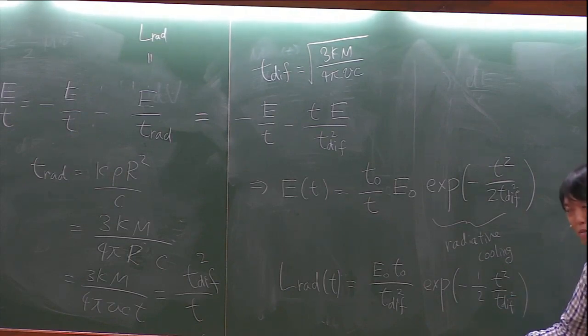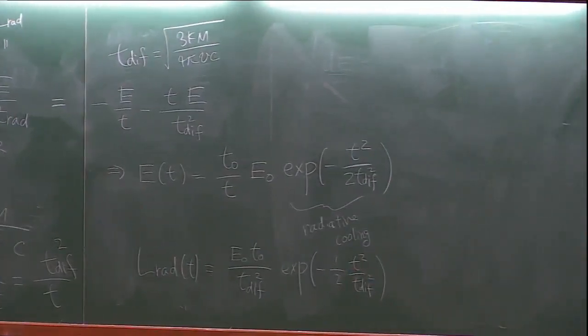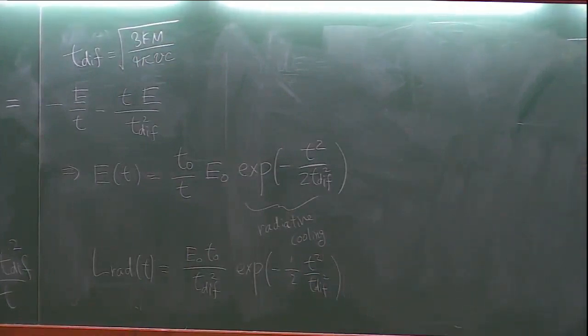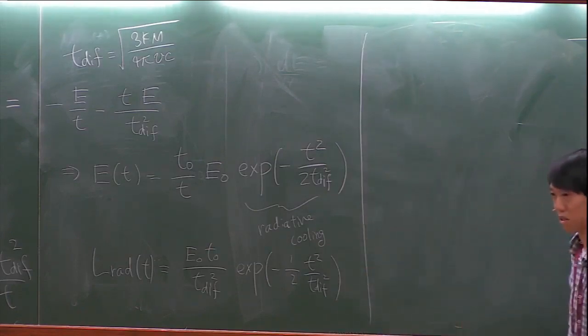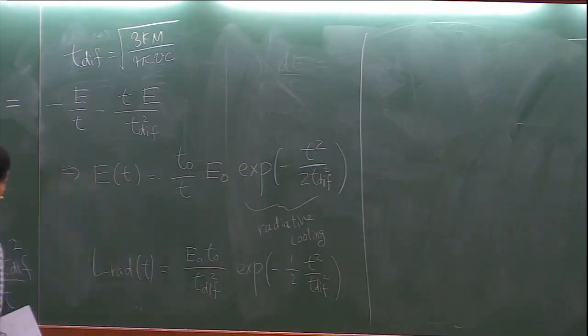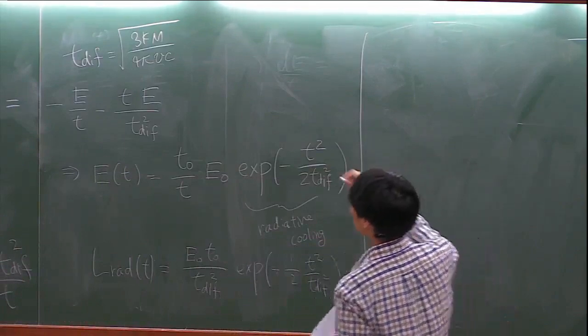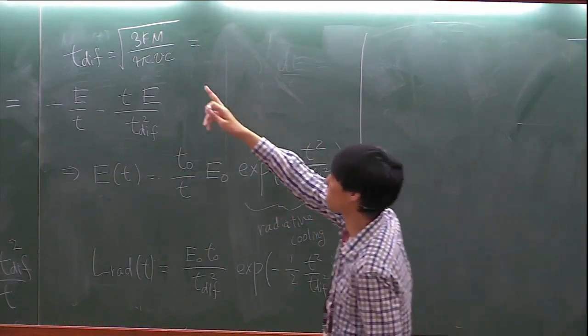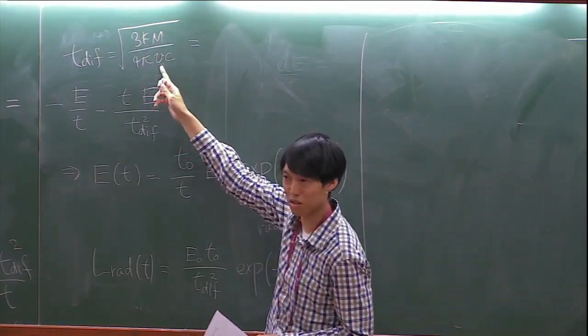In this case, it's a very simple case. The luminosity is constant up to about the diffusion time scale, and then exponentially decreases. So up to here is without any assumption of heating, but actually the system has heating. And you can estimate for the neutron star merger. Let's calculate this one. So given ejecta mass and opacity and velocity, you can...